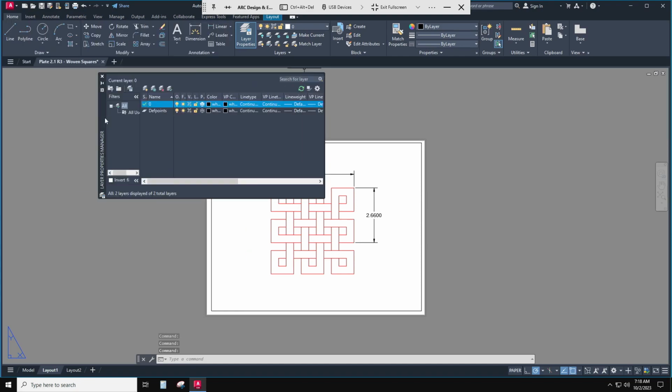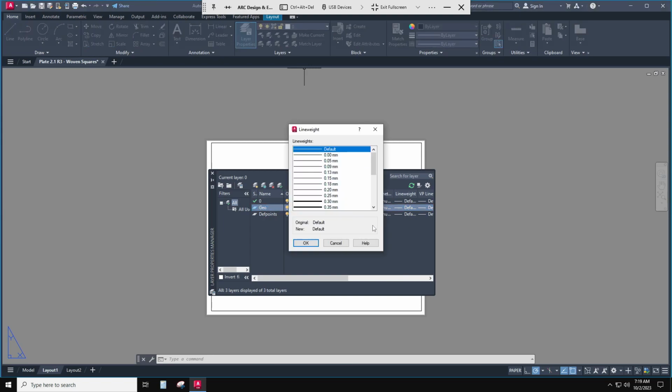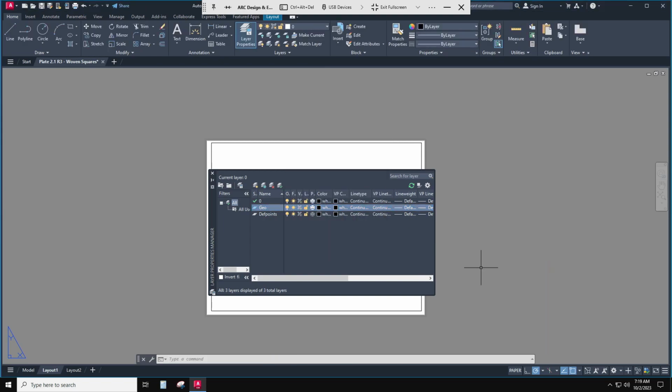Bring it here to where you can see it a little bit better. Click the little stack of papers with the plus on it. New layers. Geo. It's going to be black, white. Line type continuous. And let's see what... Oh, I'm in millimeters. A lot of you did that. So let me come back to my